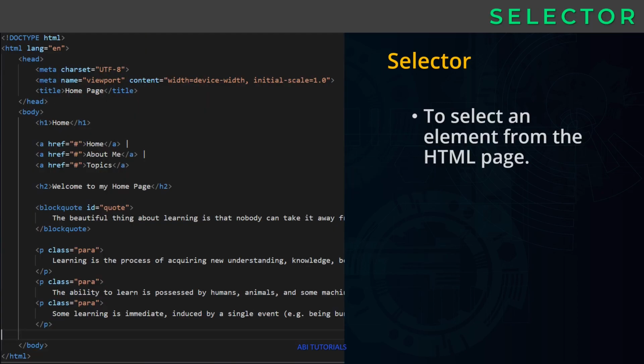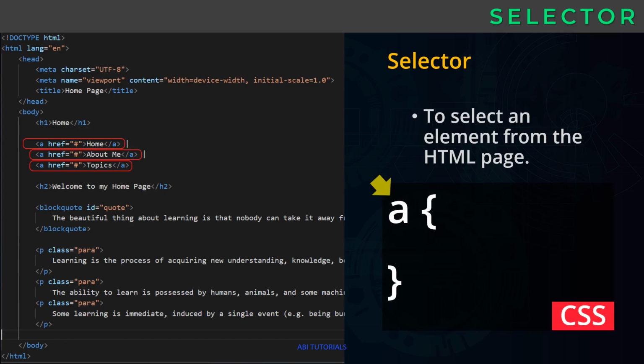Here we have a simple HTML document with several HTML tags and attributes. If I need to select a specific item in the HTML page and add certain style to it, then I have to use a selector for selecting the specific element. For example, if I need to select all the A tags, then I will have to use the selector A. Since we have used A as the selector in CSS, the selector selects all the A tags in the HTML document. If we need to add style to the selected A element, we can do so by adding the corresponding style property and value within the curly braces of the pertaining selector.